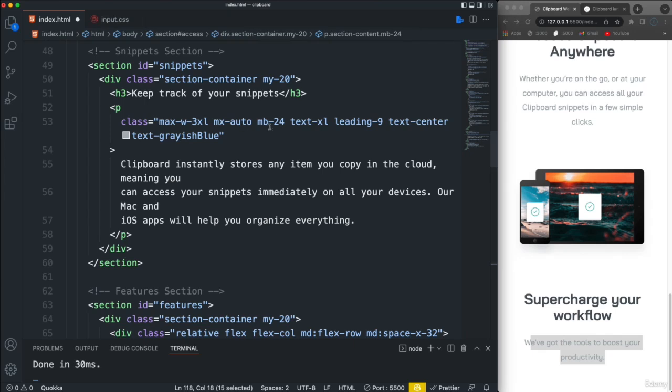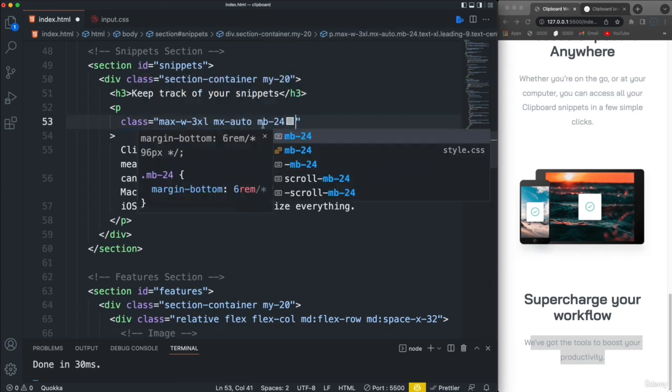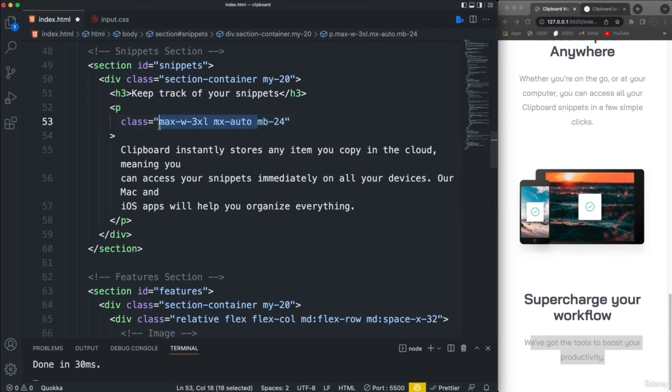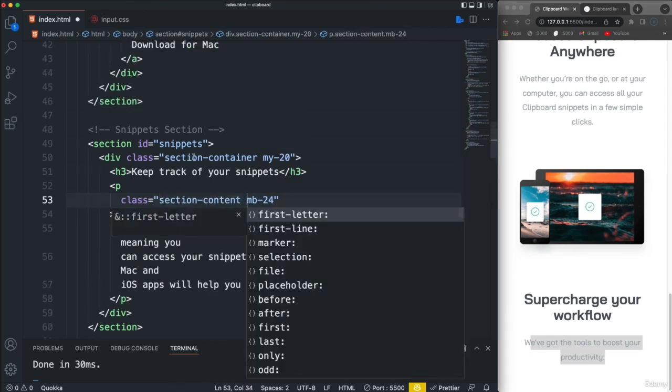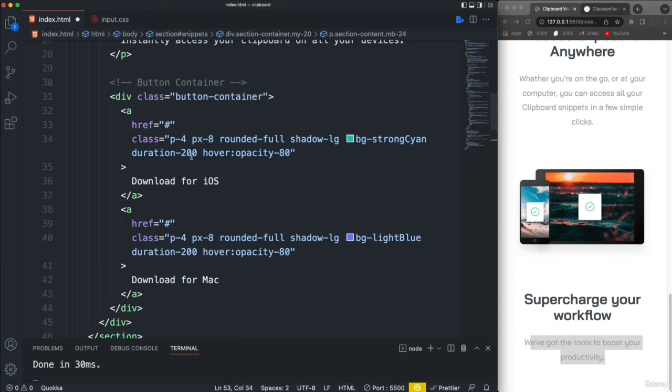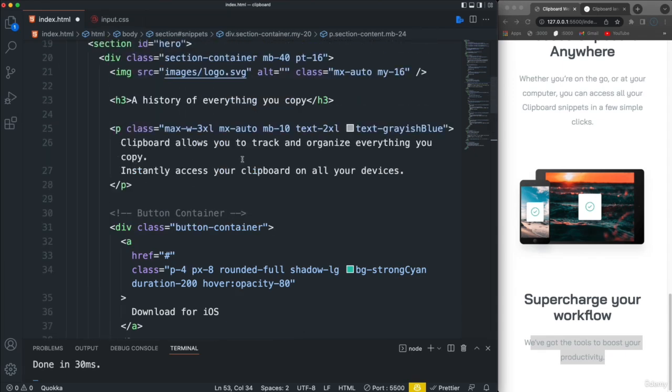Like this one right here. This has a margin bottom of 24, but all the rest is the same. So I'll get rid of all that. We'll use section content. And this is completely optional, but I just think it makes it a little cleaner. Now this doesn't even have, oh, it does have margin bottom 10. So let's paste that in, and then,